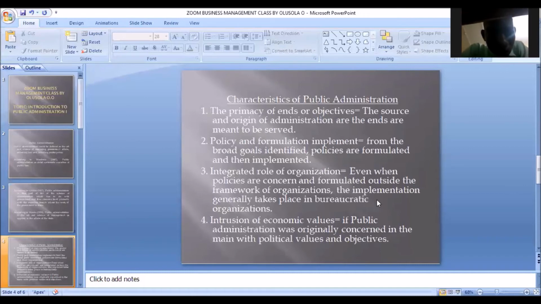Then another characteristic is what we refer to as the integrated role of administration. When we talk of administration, it is not as easy as the word itself appears to be, because it is easy to say administration, administrator, administrative, but the tasks involved in administrative work are very taxing. It's not easy. So it is the duty of public administrators, both in public and private sectors, to make sure that they